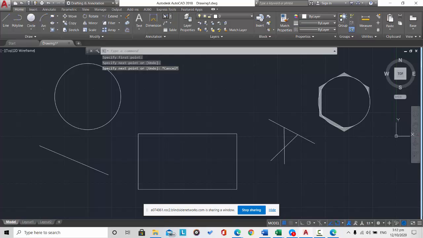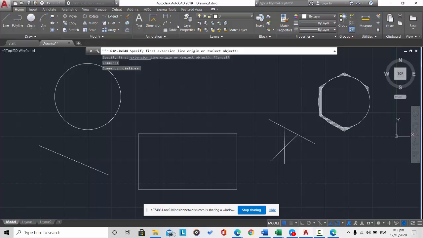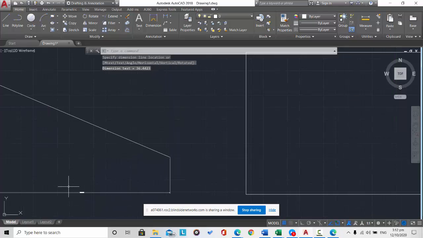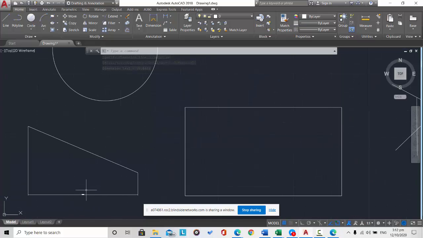But if you click the linear dimension from here to here, the measure is typically like this, no? See, but it's very small, right? So we can change the style later. Okay, I'm just telling you what